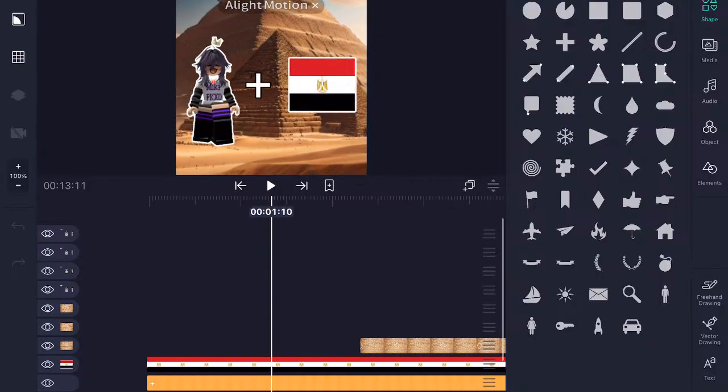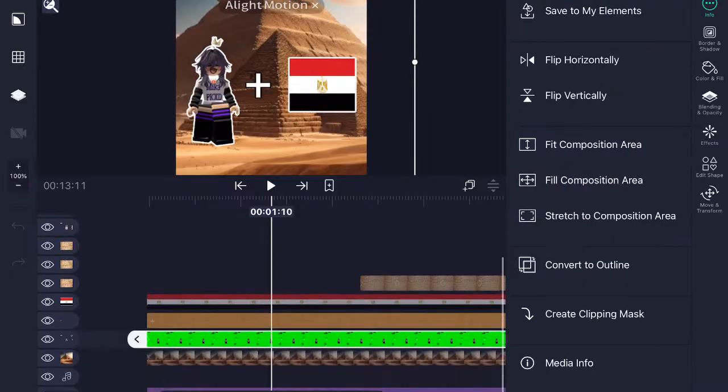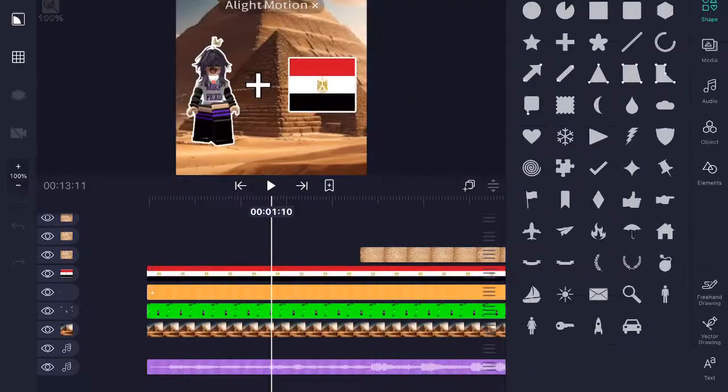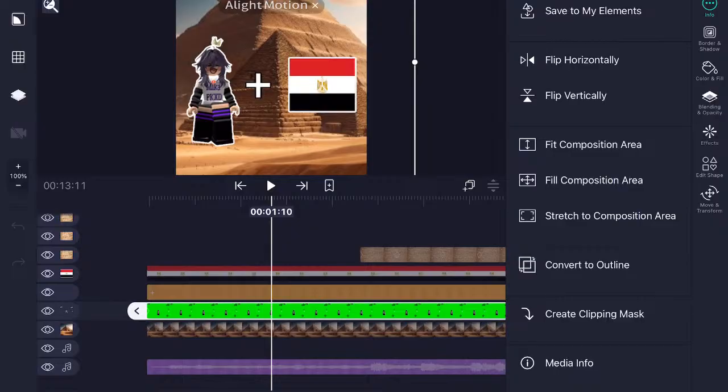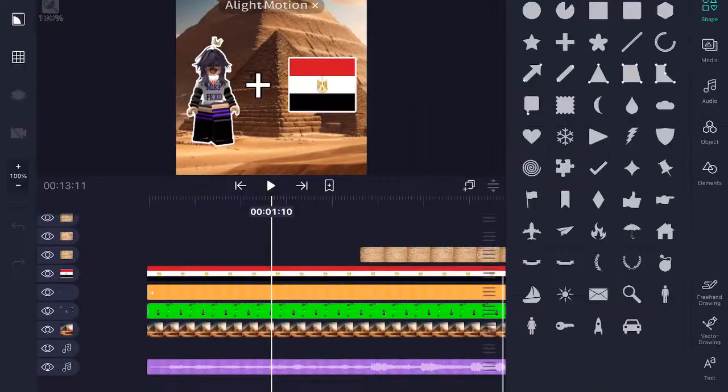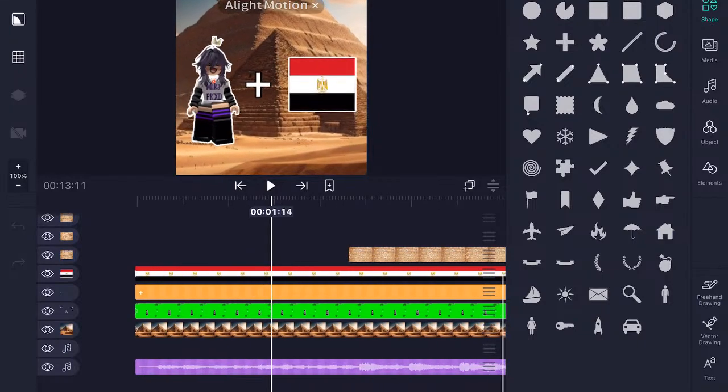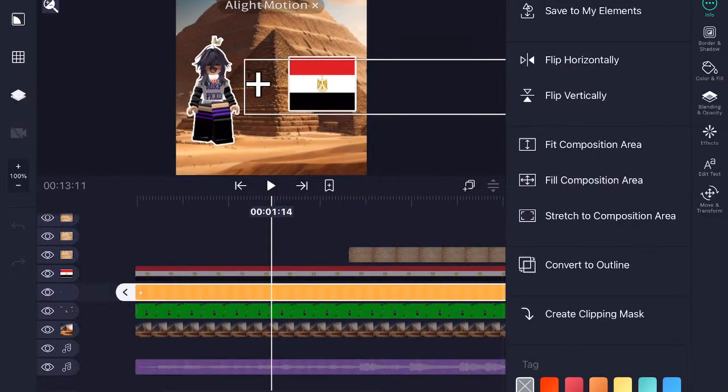Okay, so I got that transparent image with the green screen. I didn't really make it transparent, I just used a green screen as you can see here. So that way the borderline would work. The borderline is the white outline around my character you can see. And for the plus button, that's just a regular text